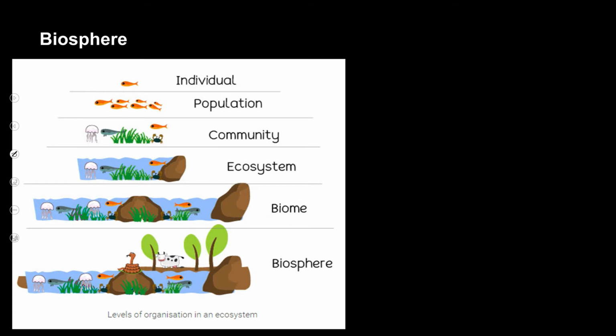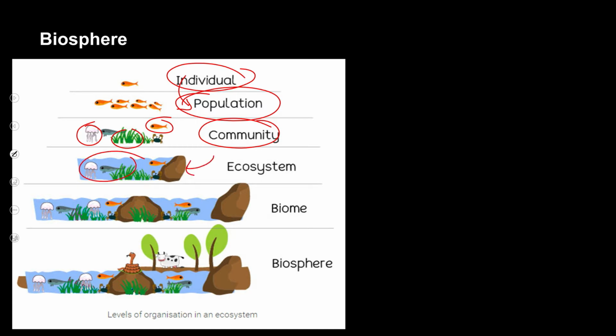So this is a simple illustration to show you the complexity of life forms. So individuals put together form populations. These populations collectively interact with each other. So when different populations of organisms interact with each other, we refer to that as a community. Communities in turn interact with each other and the non-living components in the area, and we refer to that as